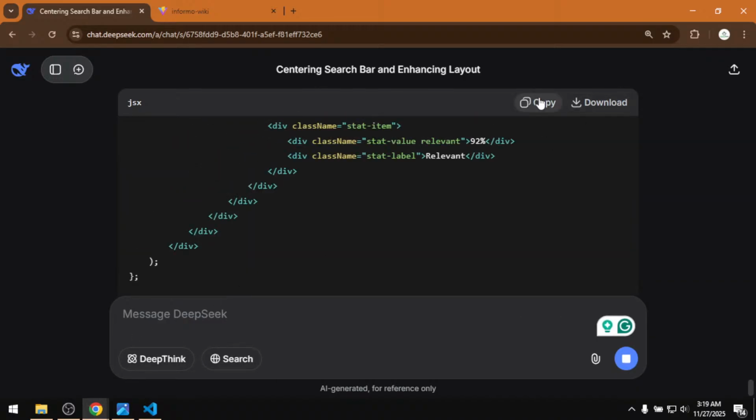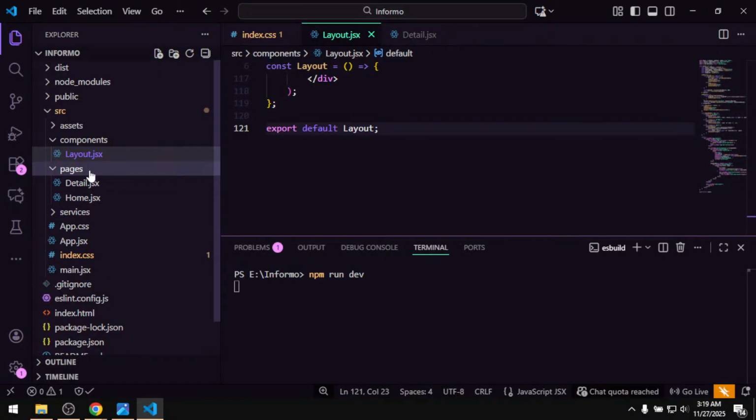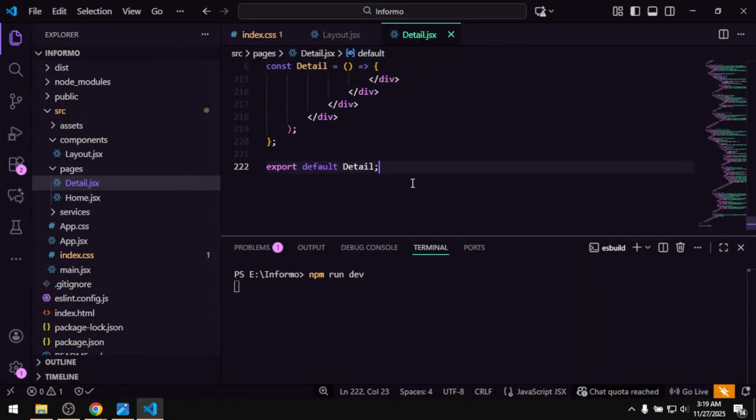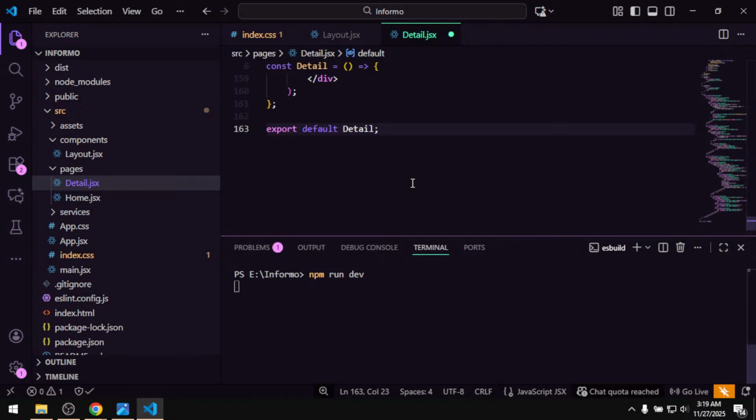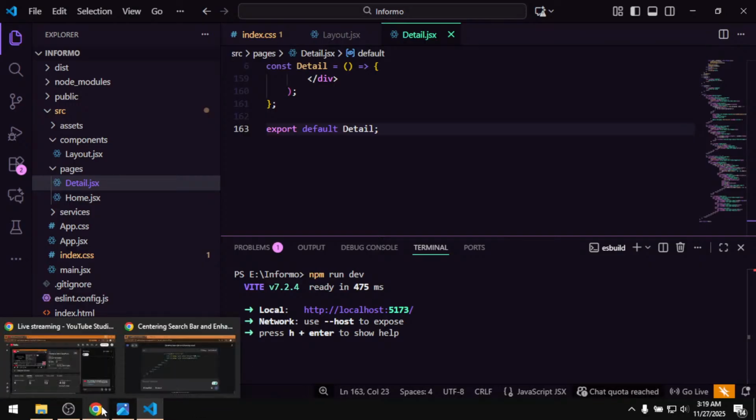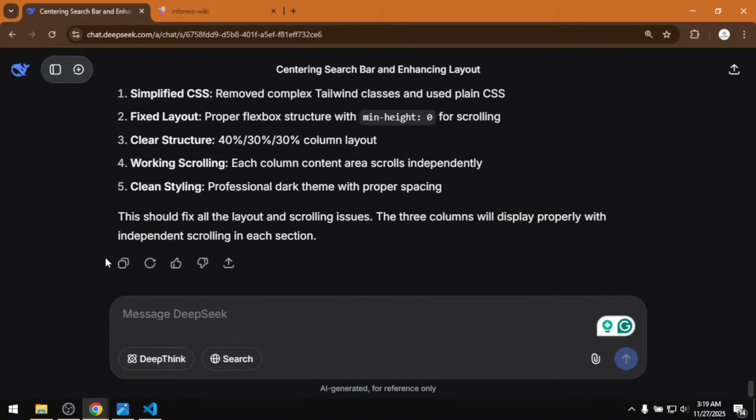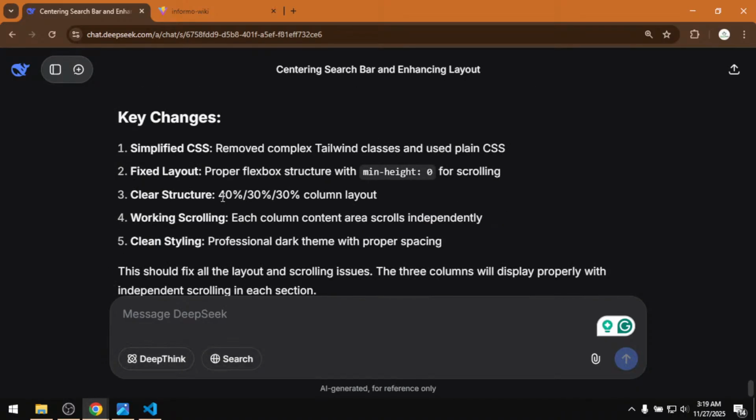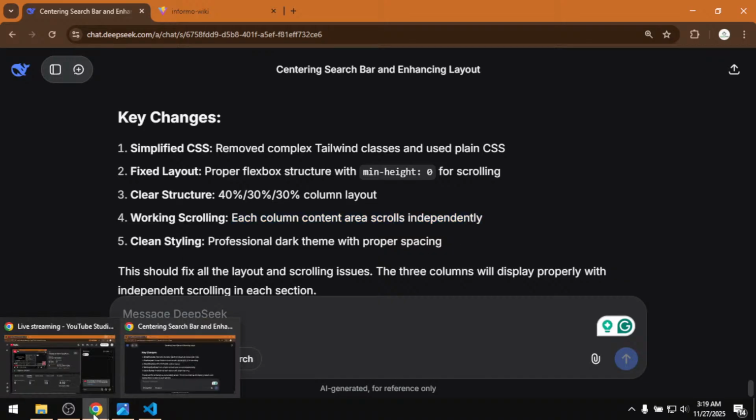And we need to update the details.jsx. Control A, Control V, and Control S. And here we will type Control C again on the one div, and so clean structure 40%, 30%, 30%. Each column content scrolling independently. So we will,